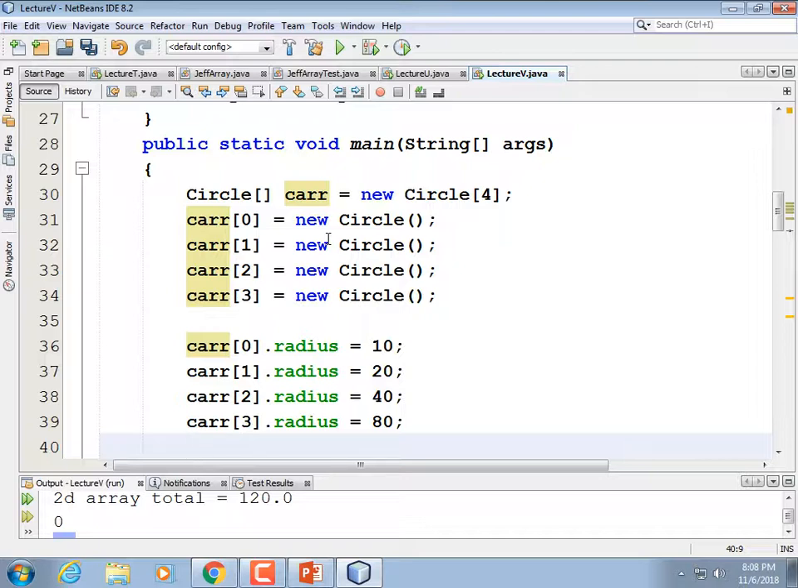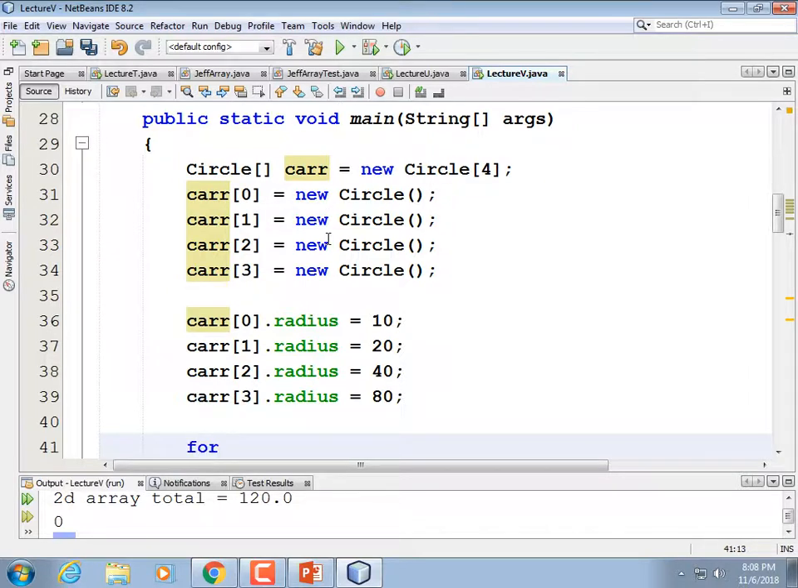And then we could write a loop that would print those out. So I'm going to use a range-based loop, a for each loop, just to step through our array of circles. This is an array of circles. So for Circle c colon cArr, for every circle in the circle array,